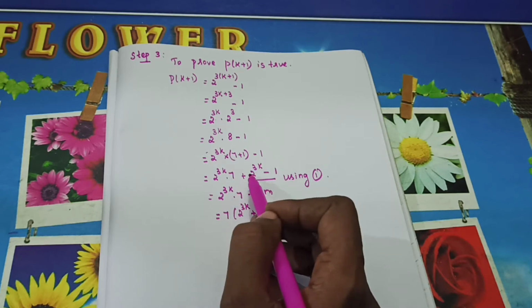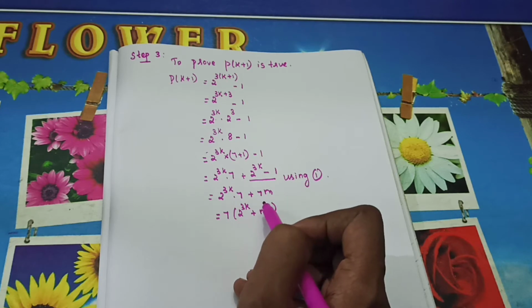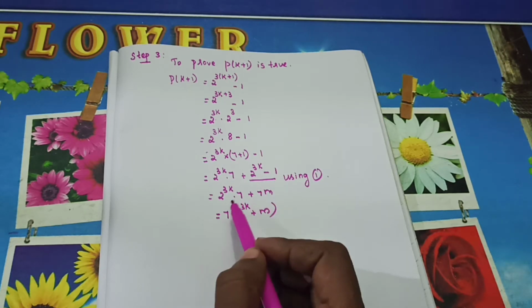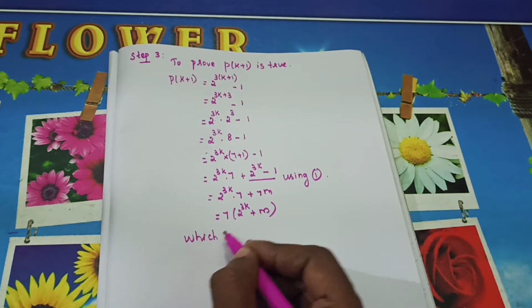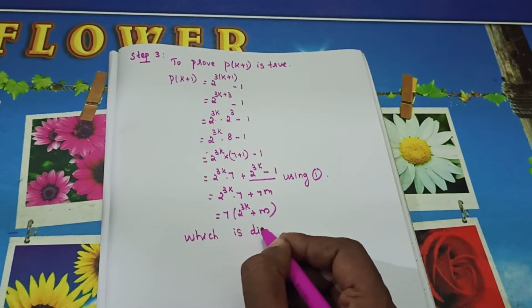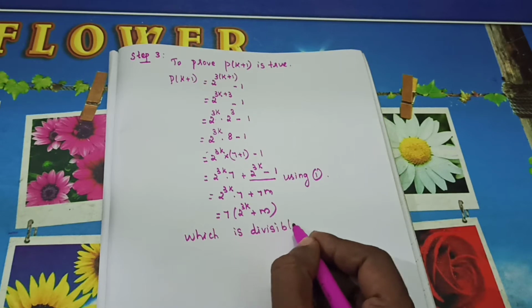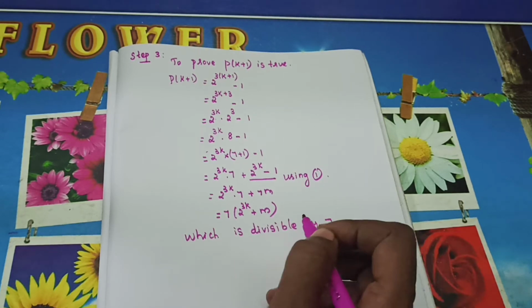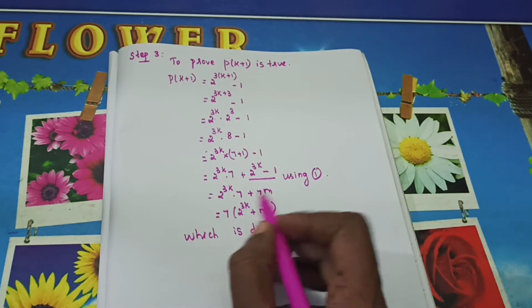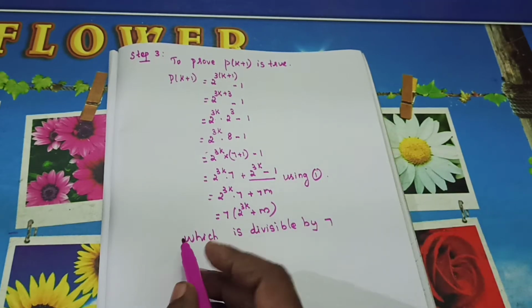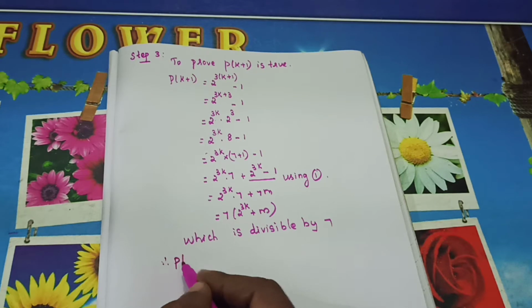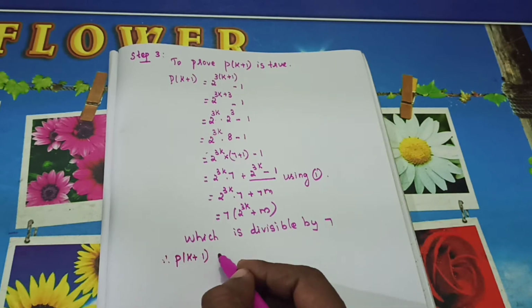So this together, by using 1, I will write as 7m, 7 into something. So from here I took 7 outside, which is divisible by 7. So 7 into something means which is divisible by 7. Got it? So if you need to prove whether it is divisible by 5, it means 5 into something you will get. So 24 means 24 into something you will get. That's the meaning.